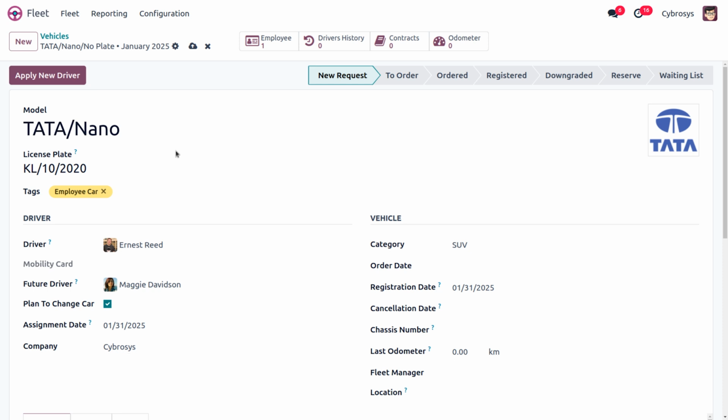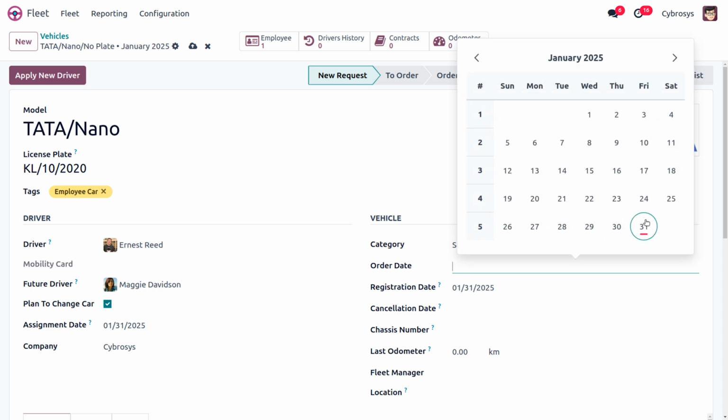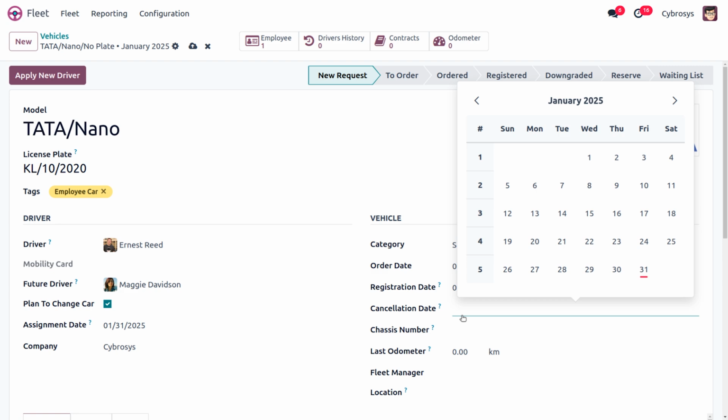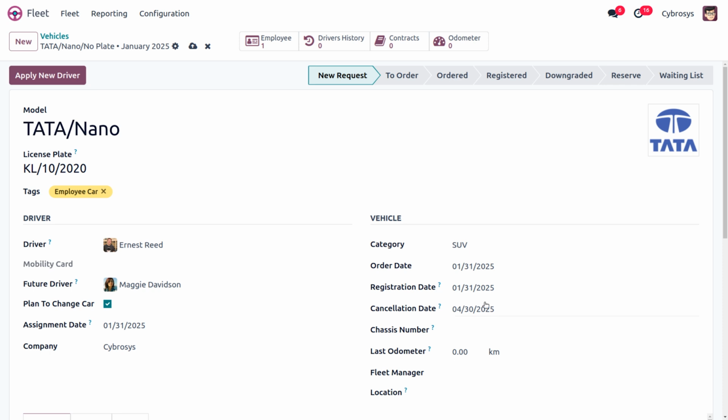And as you choose a model over here, you can see that the details will be automatically populated. This belongs to the SUV category, and you can also find the order date over here and the registration date. And if you want to find the cancellation dates and all, you can set the cancellation date over here. You can preset this, or this will be automatically configured.